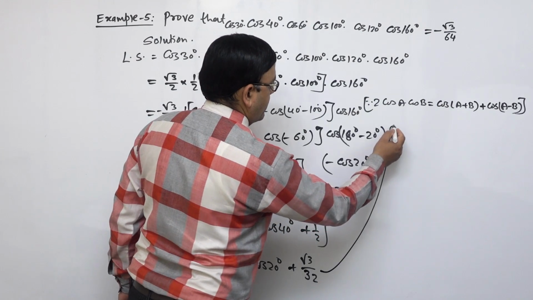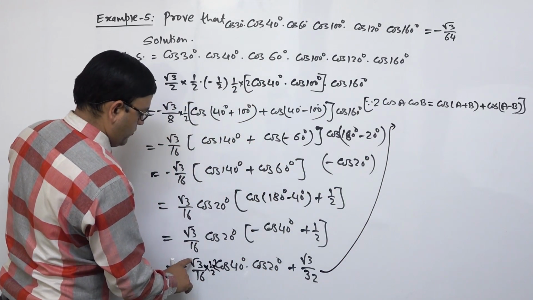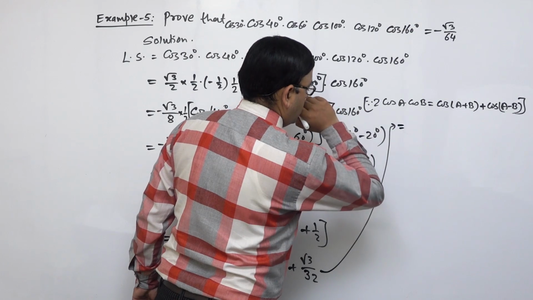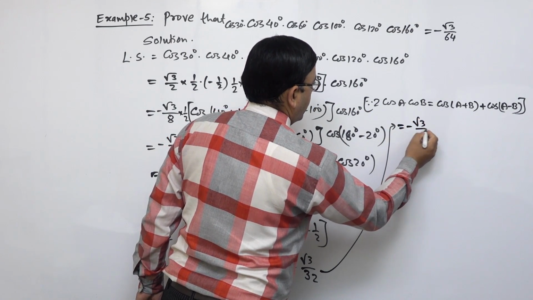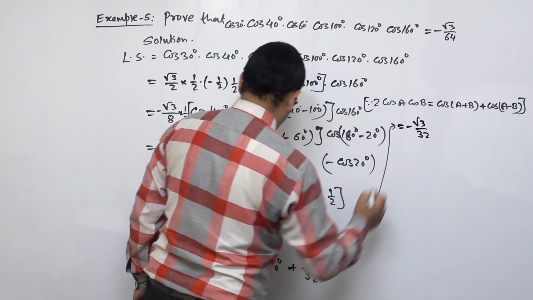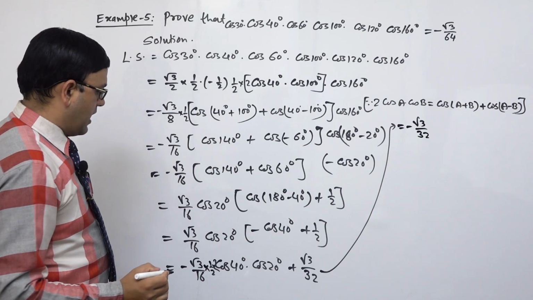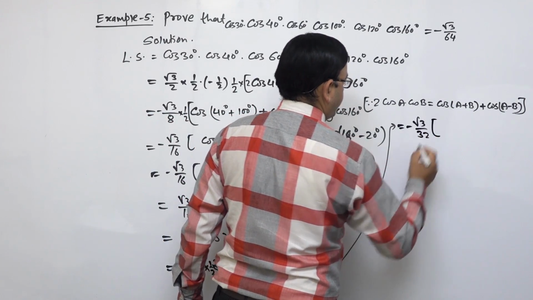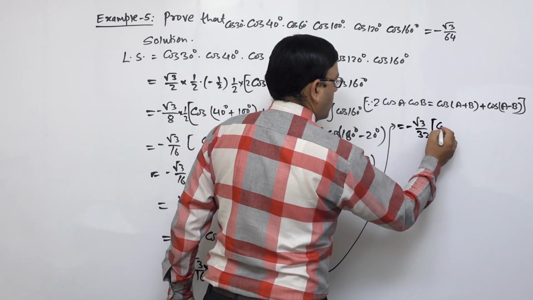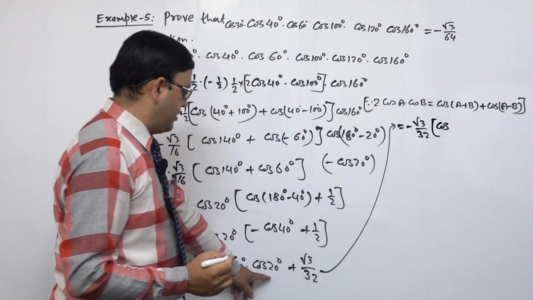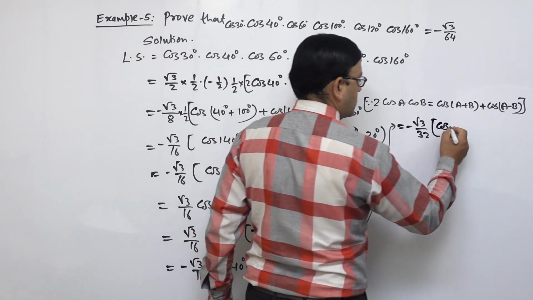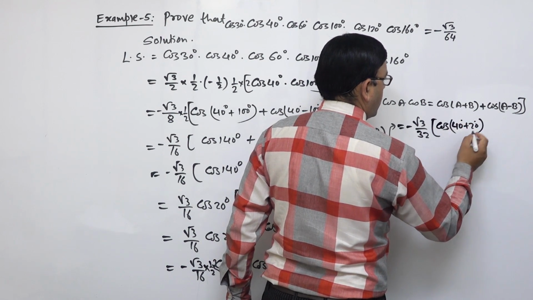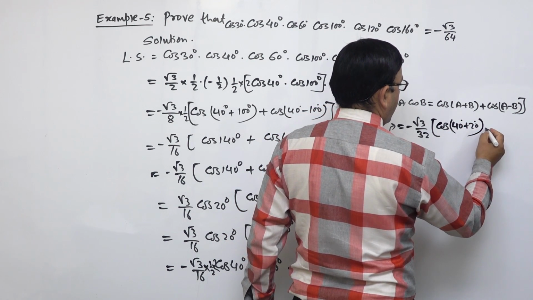So we can write here, this is equal to minus root 3 by 32 times 2 cos A cos B is cos(A+B). Cos A means we have 40, B means 20. So cos(40+20) plus,